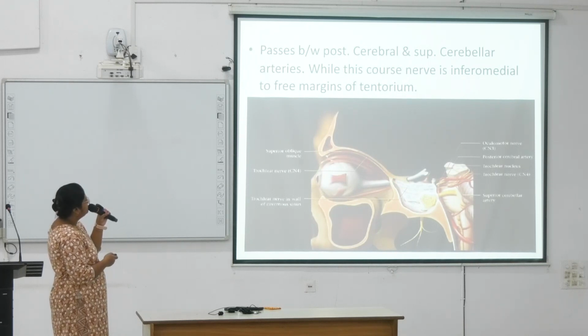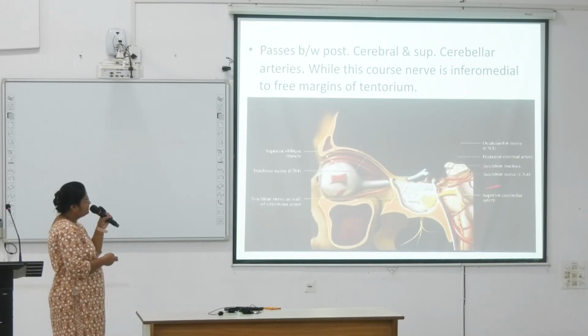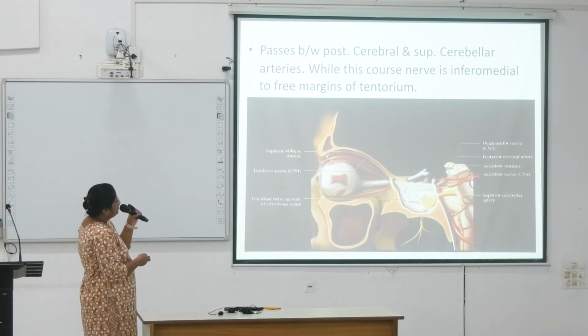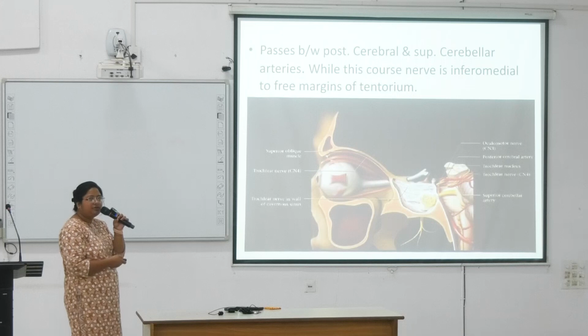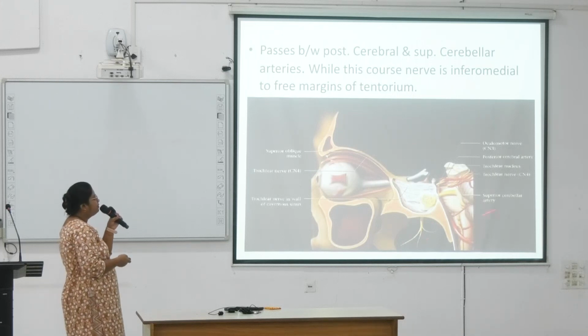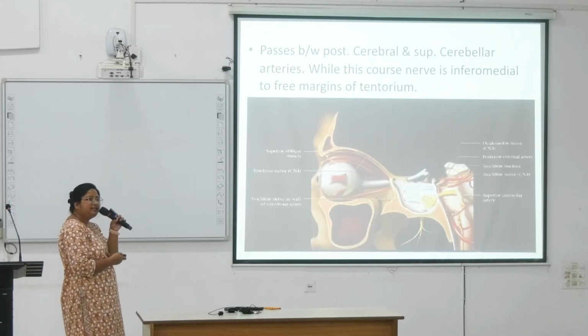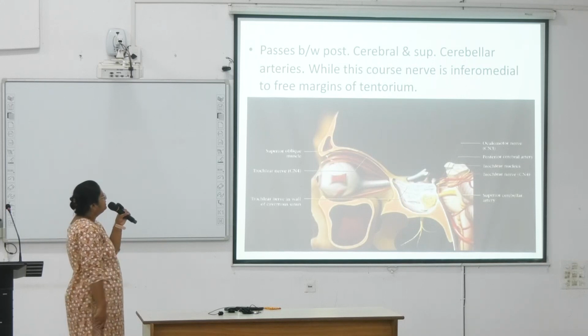In this relation, it passes between the two arteries, posterior cerebral artery above and superior cerebellar artery lying below the nerve. Both the third and fourth are lying in between two arteries. Next,